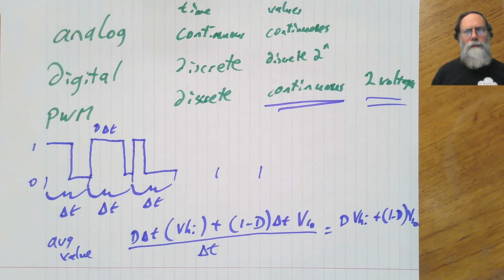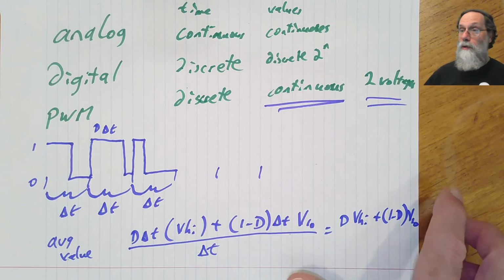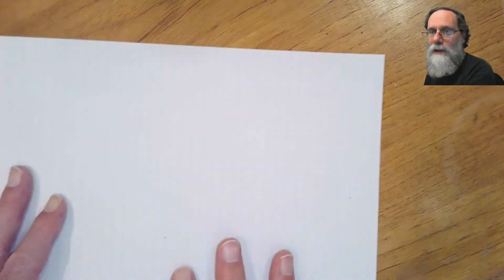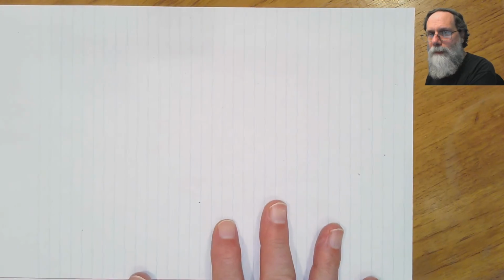How do we convert this thing if we do need it as a continuous voltage, though? If we really need an analog voltage for some purpose, is there a way to clean up the PWM signal to get that continuous voltage out when what we've got is just two voltage values? And the answer is, of course, it is possible to do that. And there's a couple different ways one can do it.